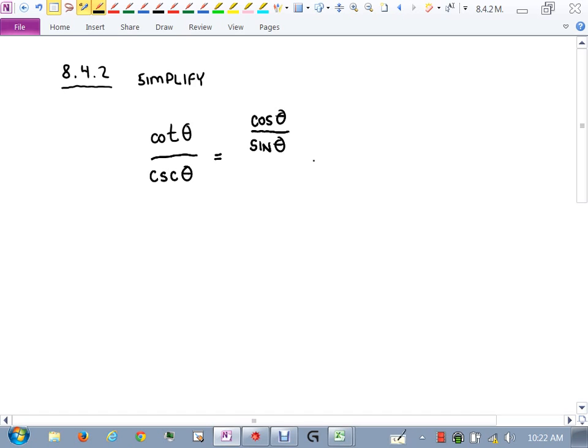And then divide that whole thing by, and notice my division bar is longer than the one above it, because I'm separating this cotangent from this bottom. And what is cosecant? 1 over sine, right? So this is 1 over sine theta. How important is that division bar being longer than these two? It's actually pretty critical. I know a lot of students won't realize it when they're doing math that it's important,